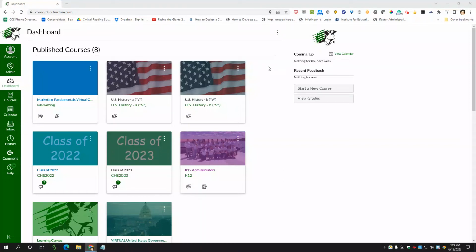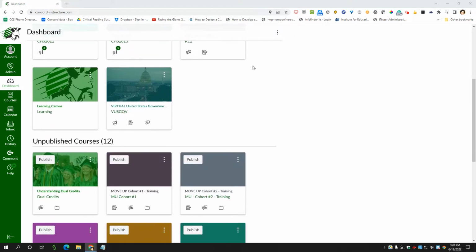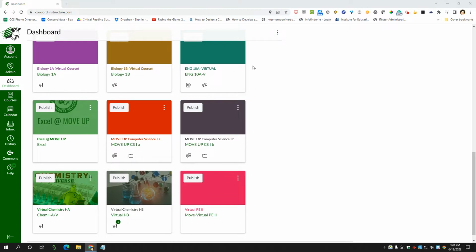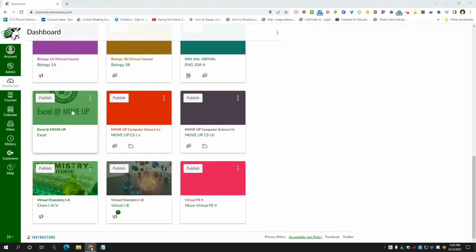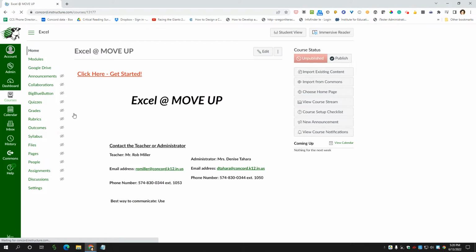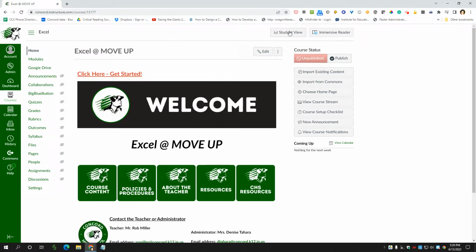So my students will actually be logging into our new LMS of Canvas, concord.instructure.com, and on their dashboard, they will see the Excel at Move Up course, which they will select. And as we look at a student view,